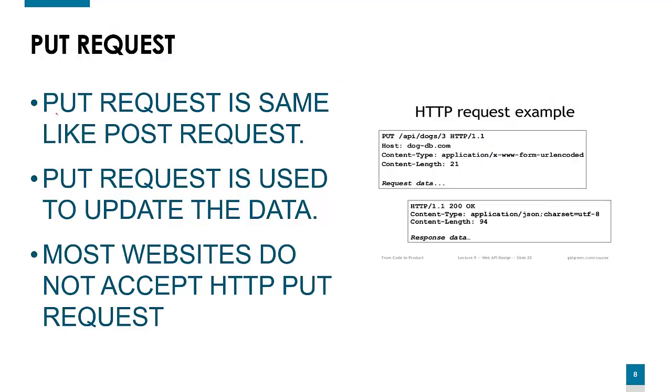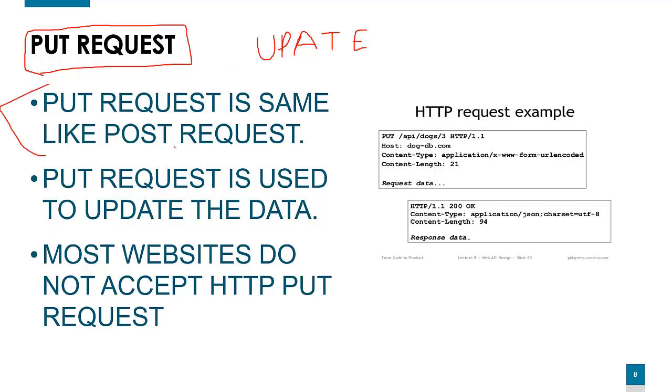So now what is a PUT request? A PUT request is mostly used to edit the data, or you can say update. It is used for updating the data in the database. It is same like our POST request, so its data is also encoded. Nothing will show in the URL about what parameters you are sending. But mostly websites do not use this request.